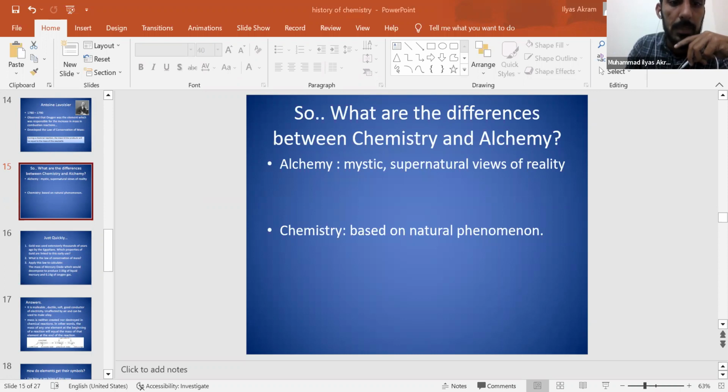Chemistry and alchemy don't only have differences, they also have some similarities. First of all, chemistry and alchemy are similar in that